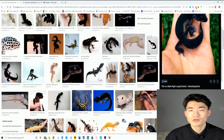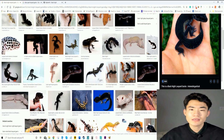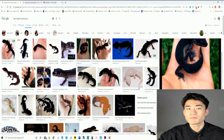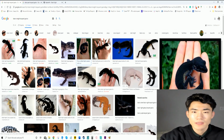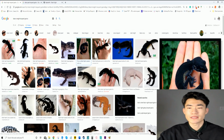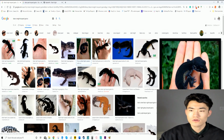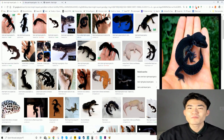these European breeders would ship these Black Knights to America. And in the beginning, because they didn't have a lot of Black Knights, they would usually ship out these females, and American breeders had to breed with these female Black Knights with a different type of morph, like albino genetics, snow, white and yellow. However, now, because there are a lot more breeders in the market, there are more Black Knights in